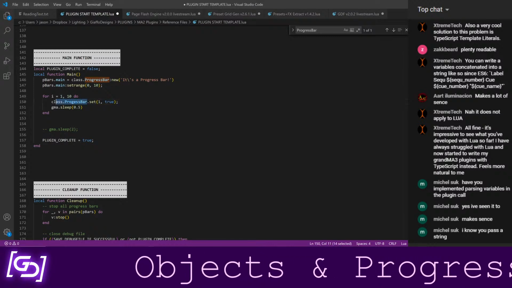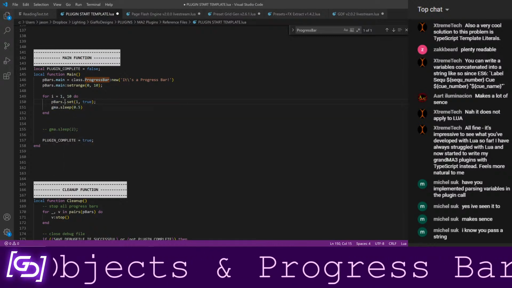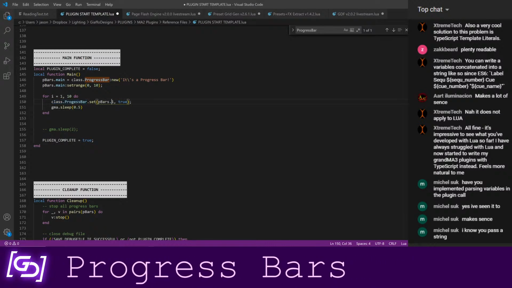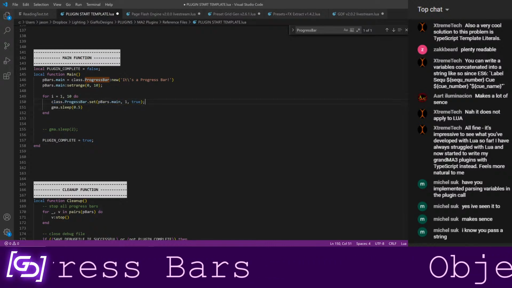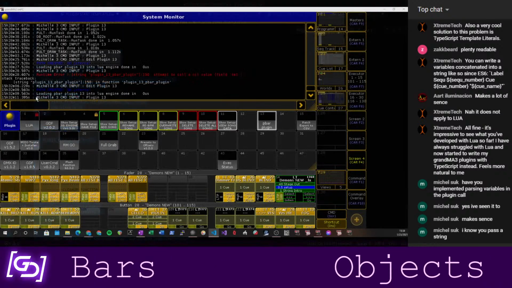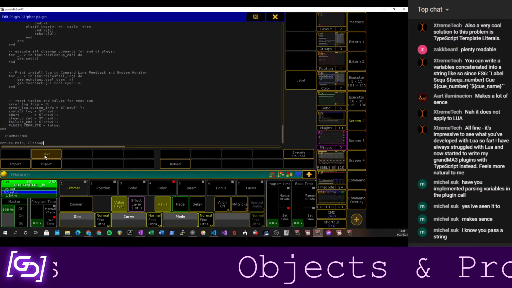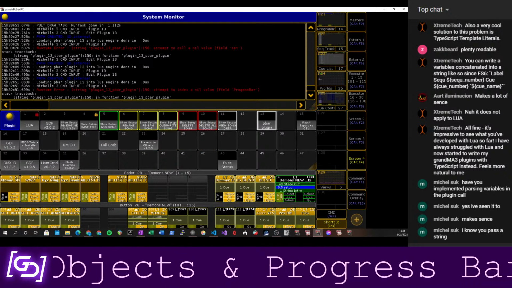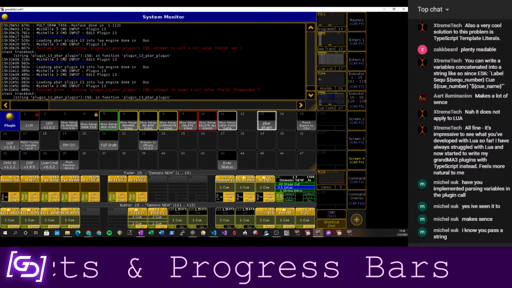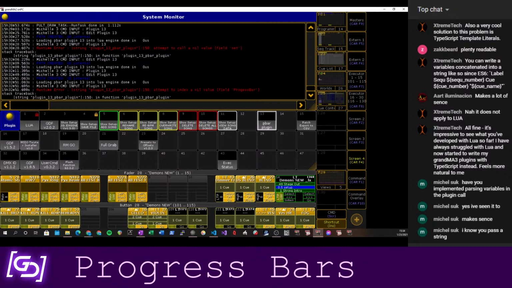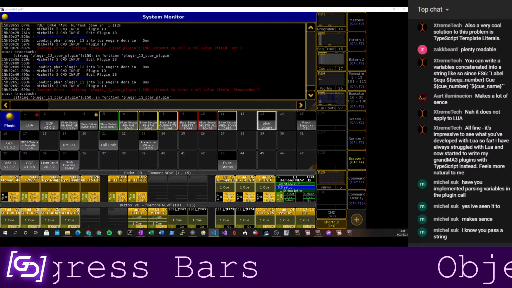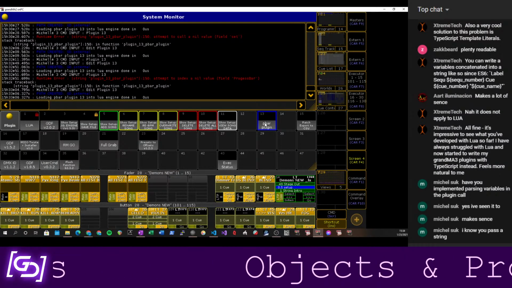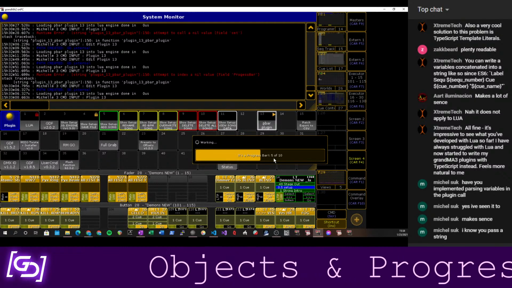No, actually, it would have to be pbars. It wouldn't. That would work. pbars dot set, pbars dot main 1 and true. So this should be the same thing. Oh, maybe not. No value field progress bar. I can't spell. I missed an R. Let's try this one more time. Progress bar. That's where I messed up. All right, and we see it does the same thing.